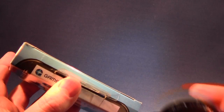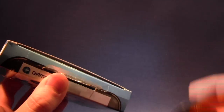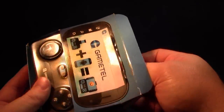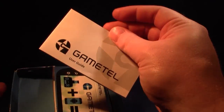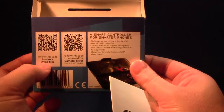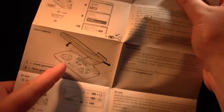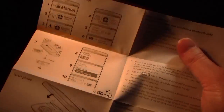Need to get into the actual product. So there is a user guide anyway. It's a little odd. I thought that was what this was for, but okay, fair enough. So there's a guide explaining how to fit the device in and how it all sets up. So let's pop that aside for the moment. Let's look at the actual